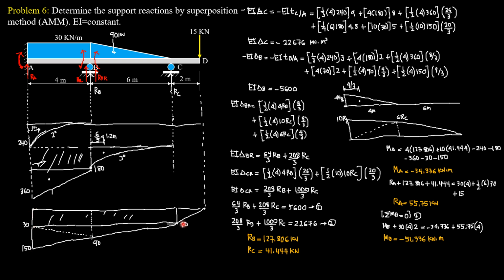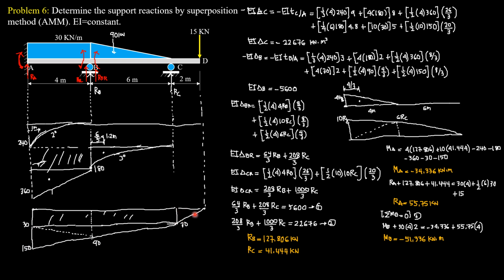But we chopped it because we have to consider this rectangular diagram due to the moment at C, which is uniform. And imagine there is a 15 kilonewton load here. 15 times 10 is 150. Anyway, the moment of the 15 kilonewton load at A, the total, is 180. We just chop it into this area so that we can easily compute the area as well as the location of the moment arms. But actually, it is still trapezoidal for this part.